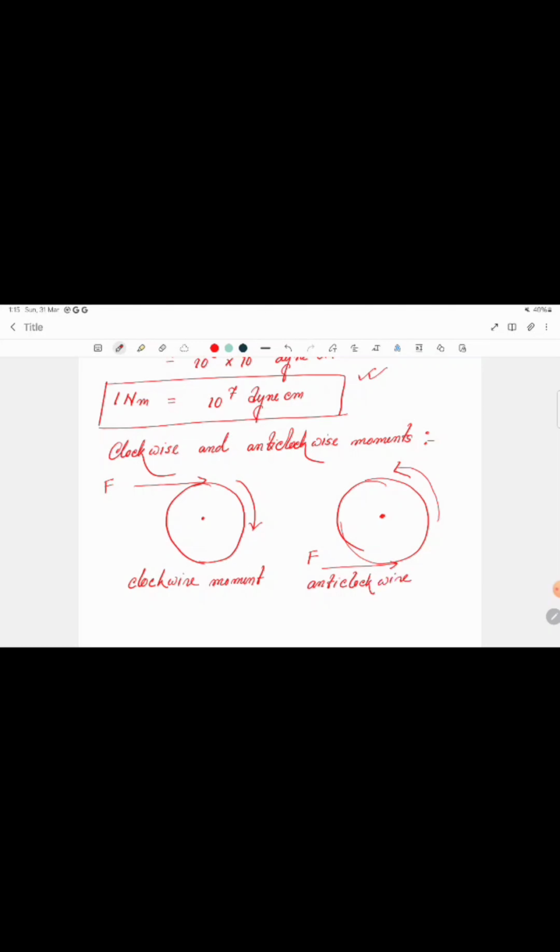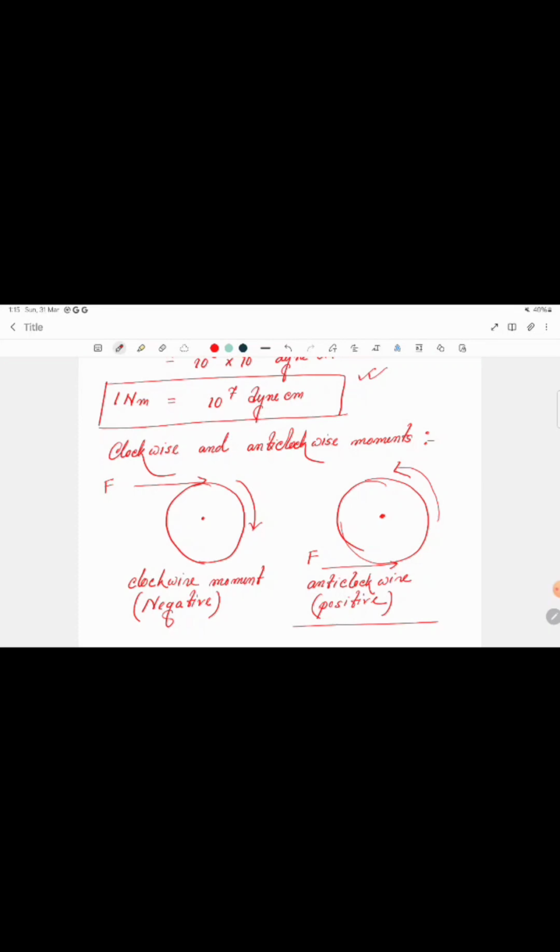So the position where we apply the force will denote whether the moment of force is clockwise or anti-clockwise. Generally, the clockwise moment we take as negative, and the anti-clockwise moment we take as positive. So keep it in your mind. This is a very, very important part